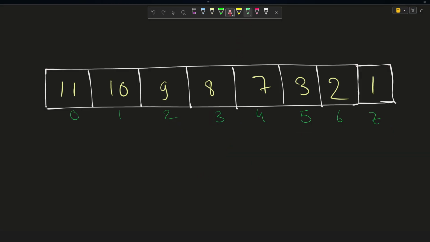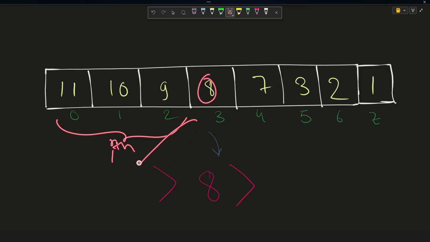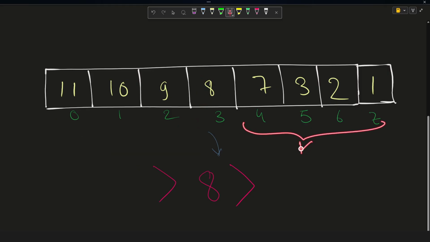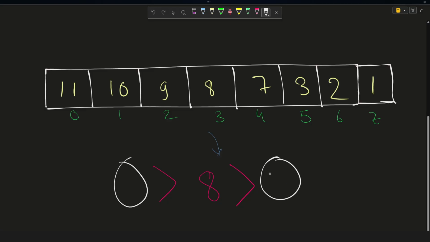If I do this, then I can say I want this to happen, right? That is, some element present in this range in the ith index which will be greater than this 8, and some kth index present in this range which will be smaller than this, right? So how many such triplets are possible? That is, I want you to fill these two spaces in such a way that it satisfies the given condition,